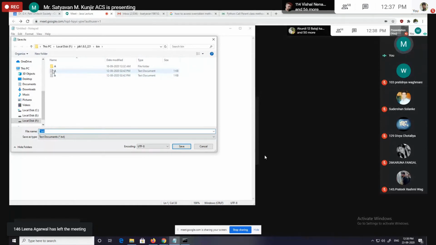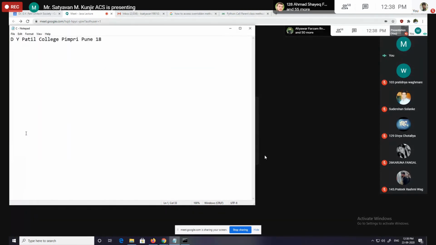So here a.txt and b.txt files are already there. So I am giving the name c.txt to the file. Save it. Save this file in the bin directory where I'm going to save my Java application, and the name of that txt file is c.txt. Then now we have to write our Java application, and in that application we have to read that file. We have to read the contents from that file, and we have to display those contents onto the output window. Such an application we have to write.